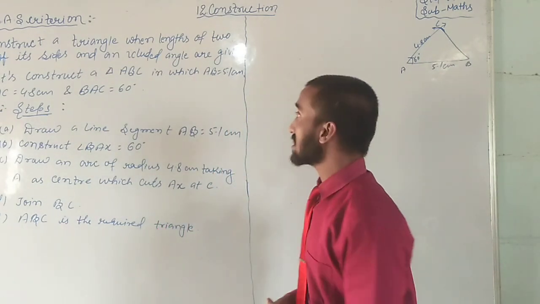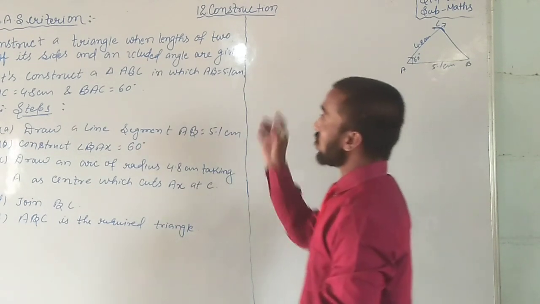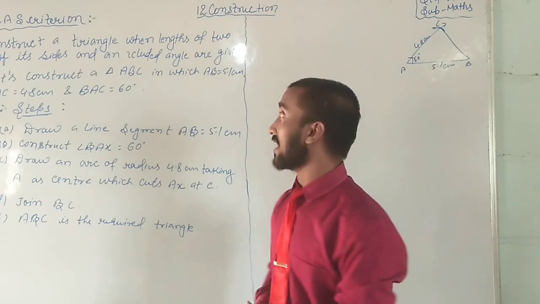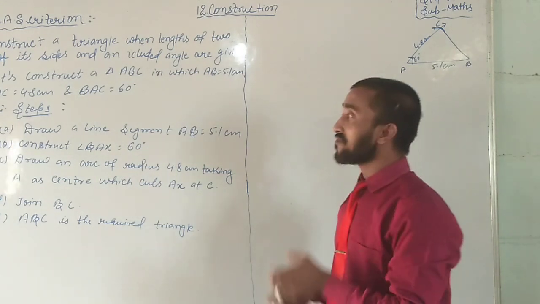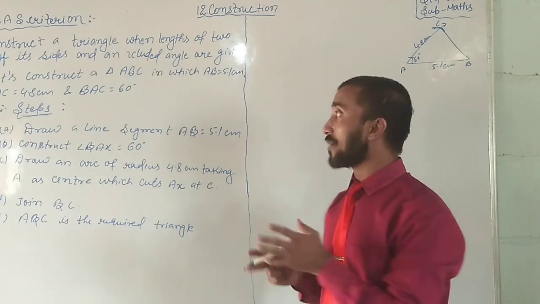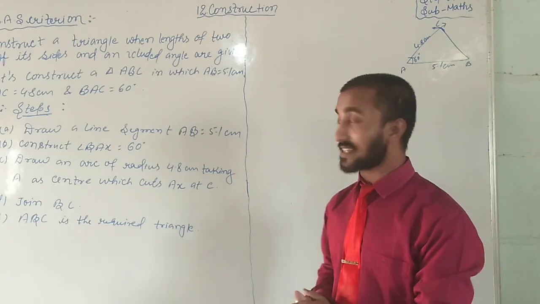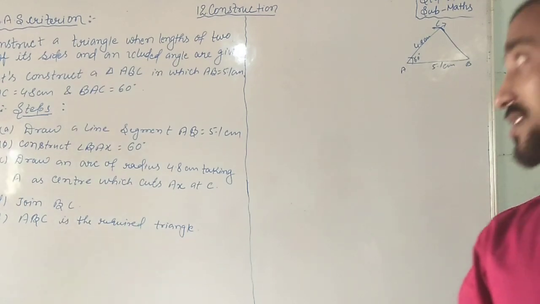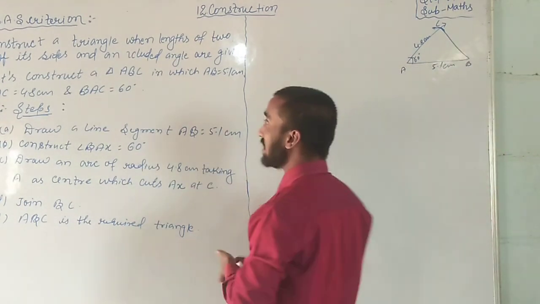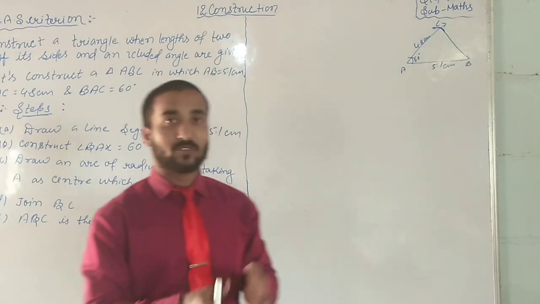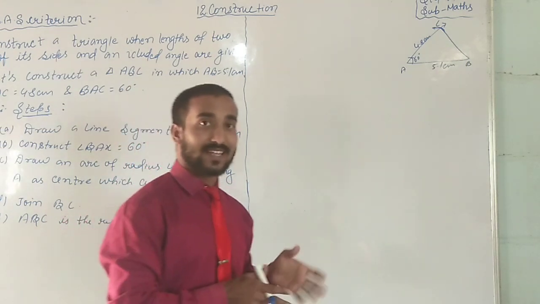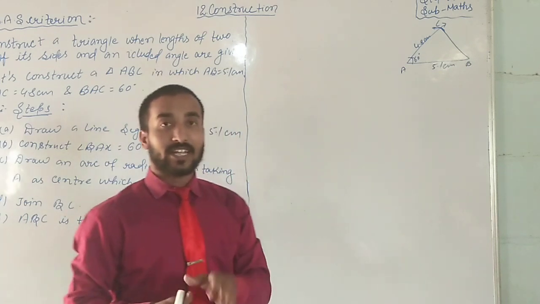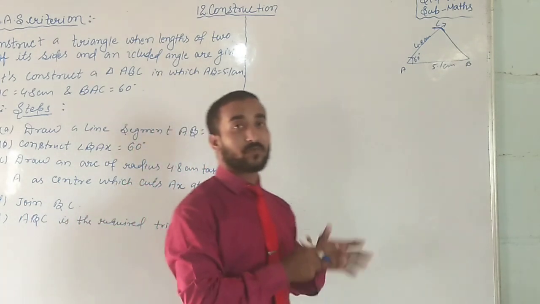Okay, students. So see, construct a triangle when lengths of two of its sides are given. It means here two sides are given and the included angle is also given. So here how will you solve? With the help of compass, ruler and pencil. Let's see. So students, draw a line segment. In the previous video in SSS criteria, we drew a sketch. By sketching you will get an idea how such types of triangle will be formed.